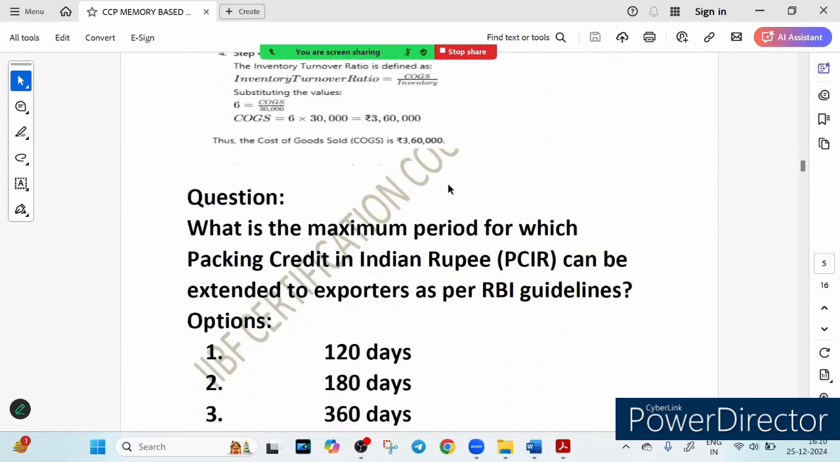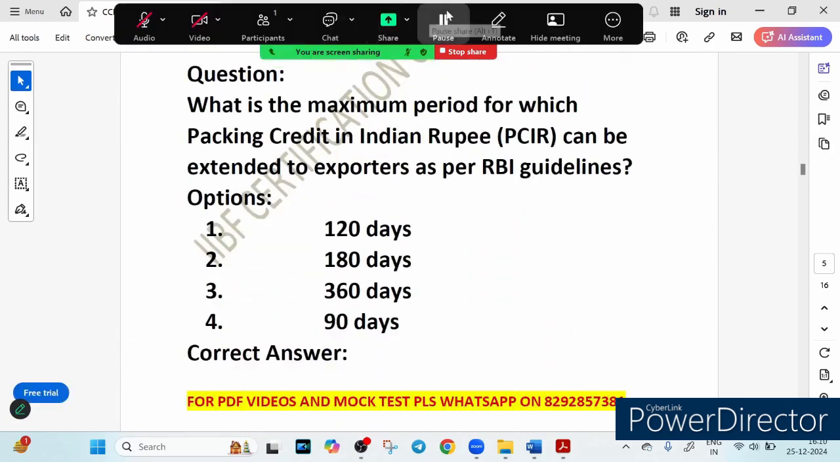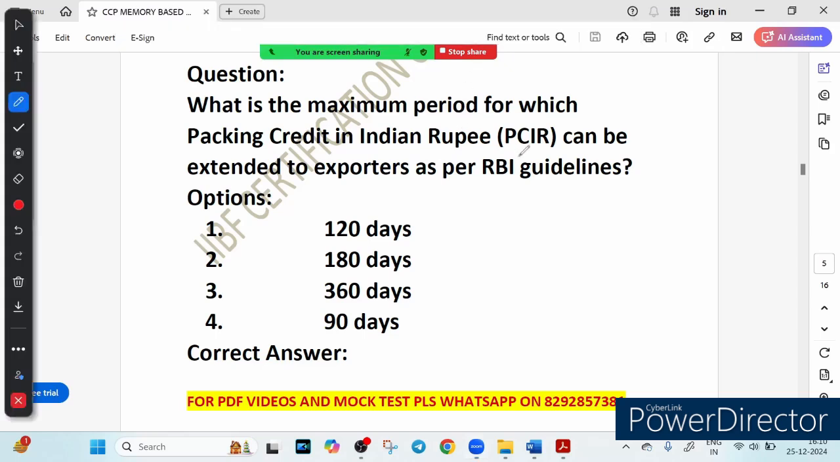Okay, now let's see the next part. What is the maximum period for which packing credit in Indian rupees can be extended to exporter as per RBI